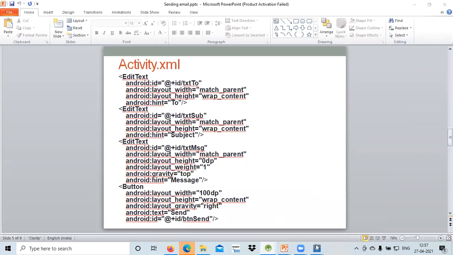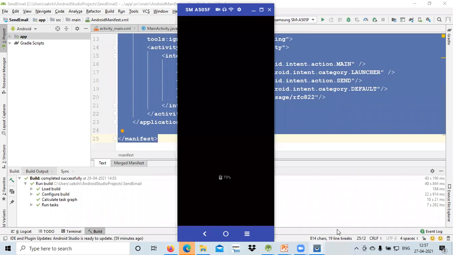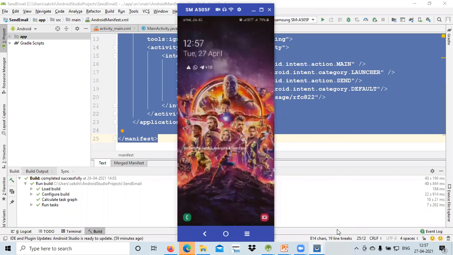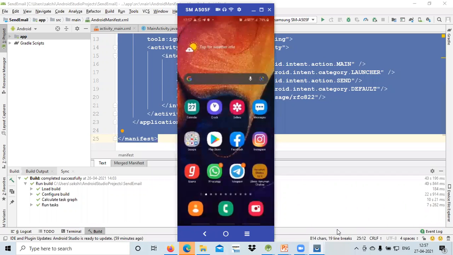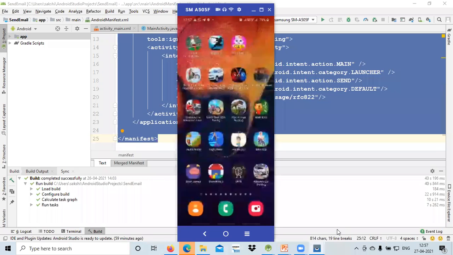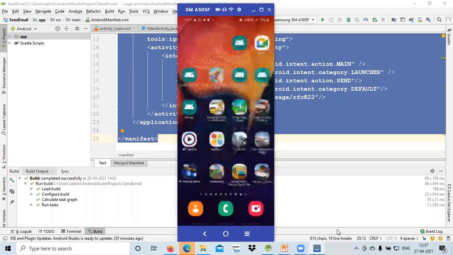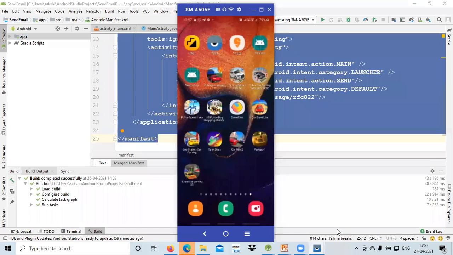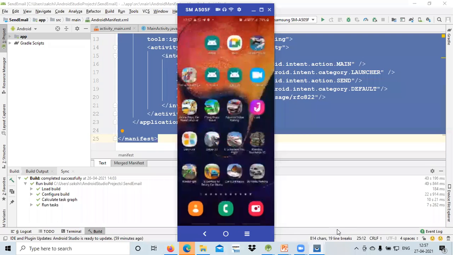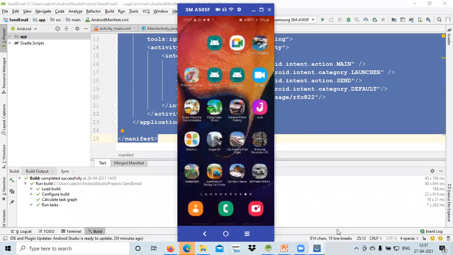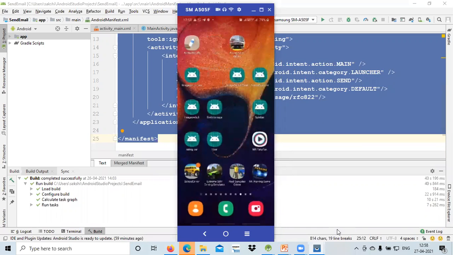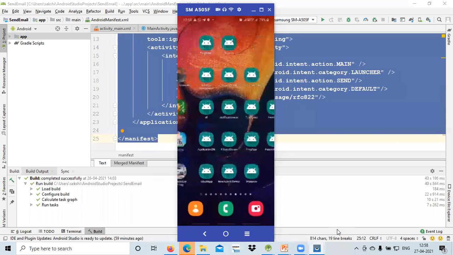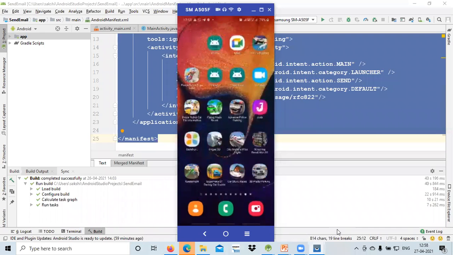So before that I just show you the output for this particular, that how this message will go through. Okay, student, just wait for a while.